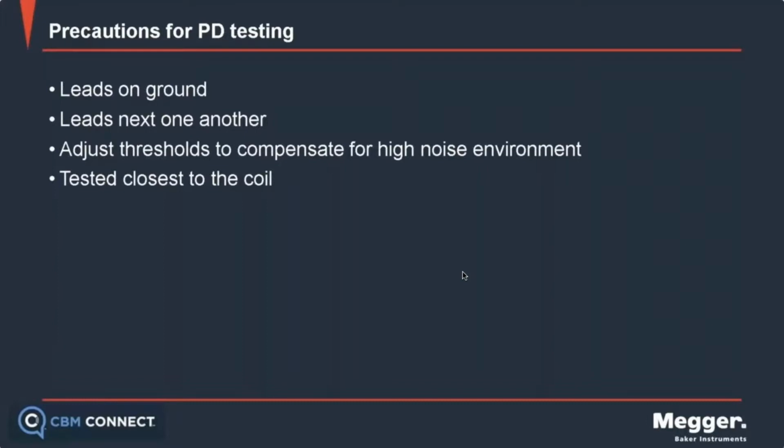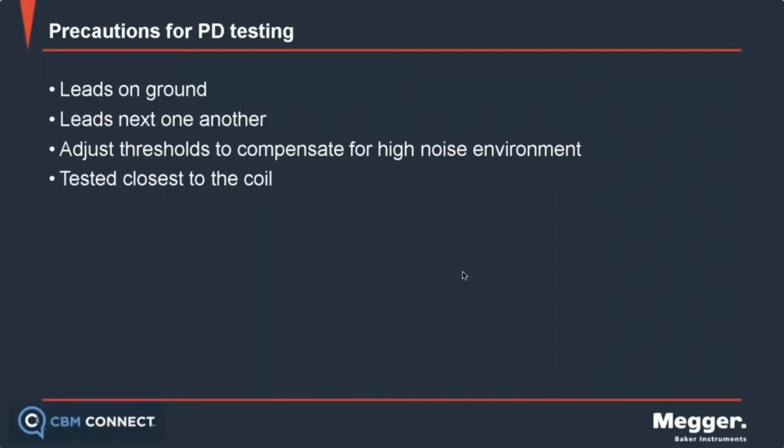As I mentioned earlier, we want to adjust those millivolt thresholds to compensate for high noise environments. So we need to first, before we even do any testing, evaluate where the noise threshold is for our particular location, set those thresholds accordingly, and then go ahead and do our surge test and evaluate the partial discharge during surge. Keep in mind that when we do partial discharge testing, this high frequency stuff doesn't travel far, right? It's attenuated